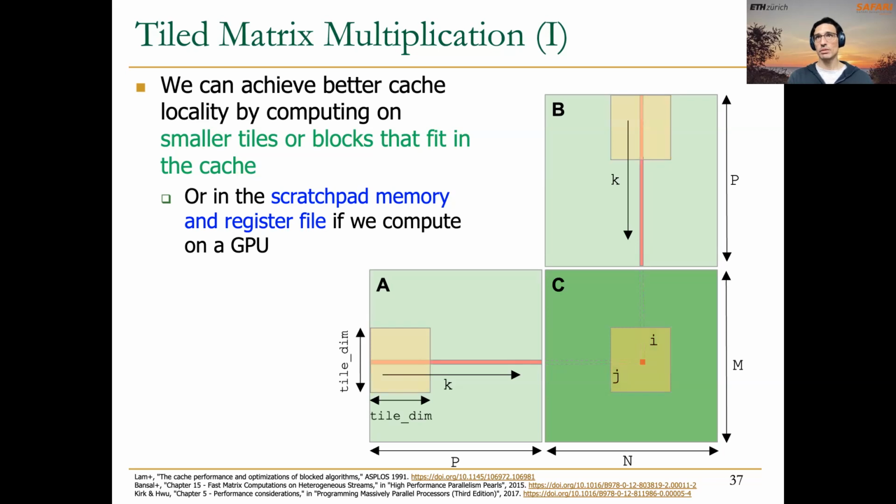So what we are doing is dividing the input and output matrices into these tiles. First of all, we load this tile of matrix A into the cache, and this tile of matrix B into the cache,